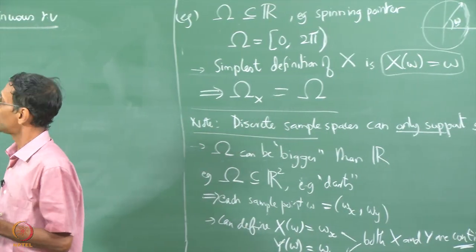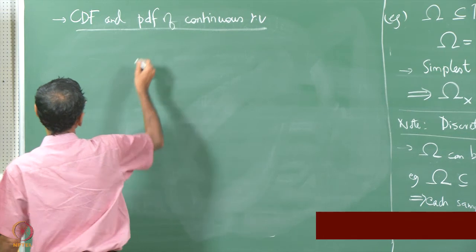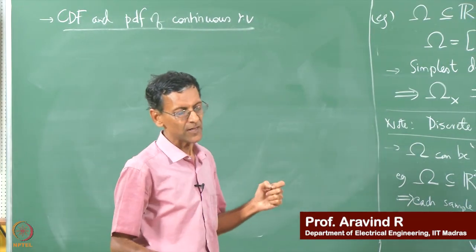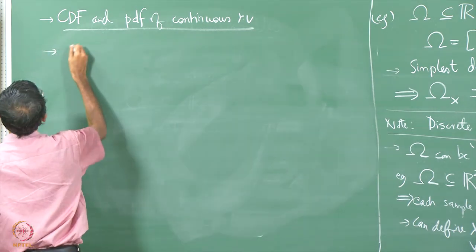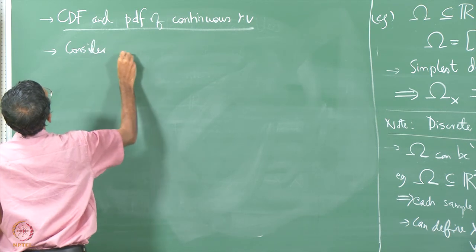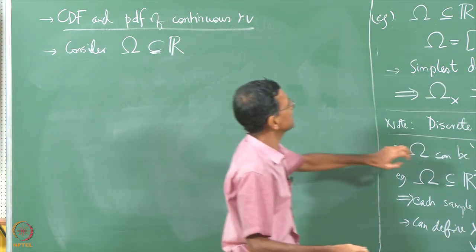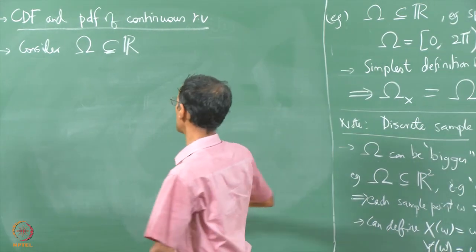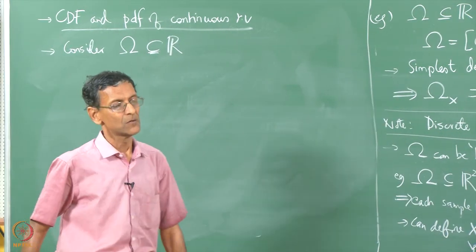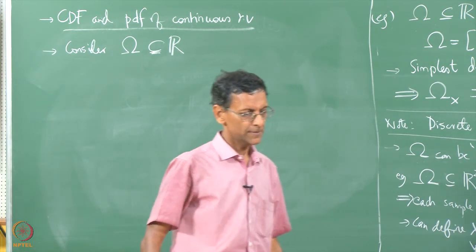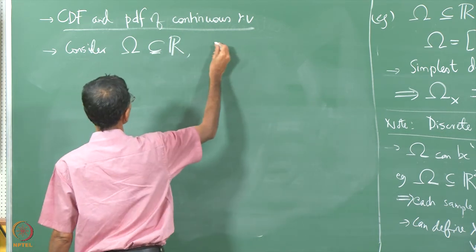So we have to now bring in the idea of probability, right, and of course for that we need the CDF and the PDF. So let us start with the simplest example. Consider the sample space omega as some subset of R, but I am not necessarily going to restrict myself to spinning a pointer. It could be any experiment where omega is some subset of R, right,